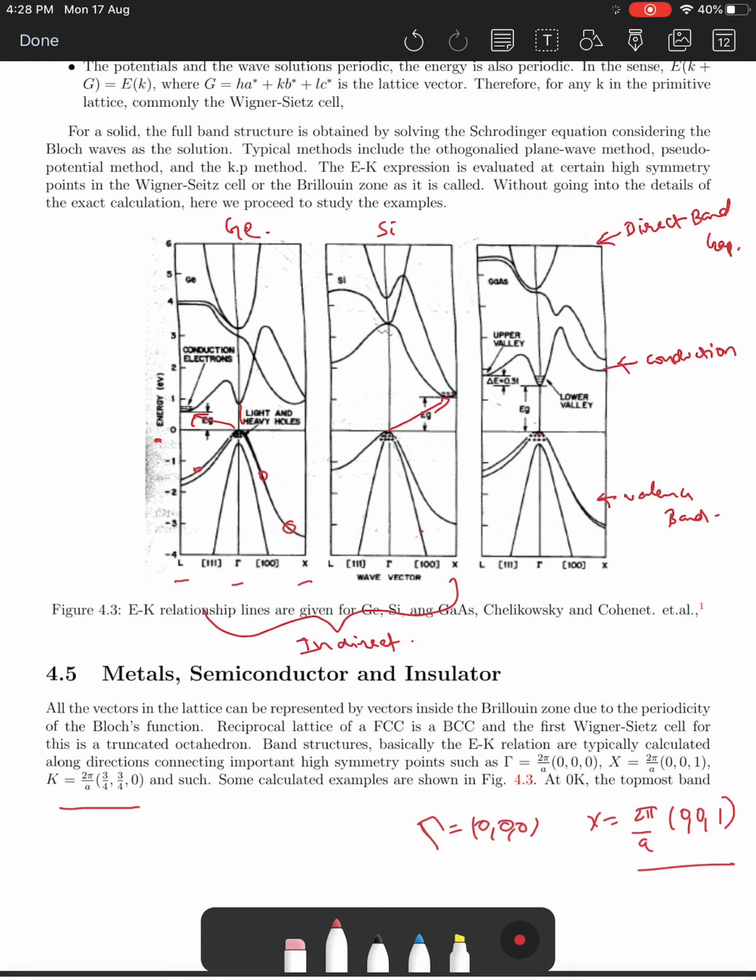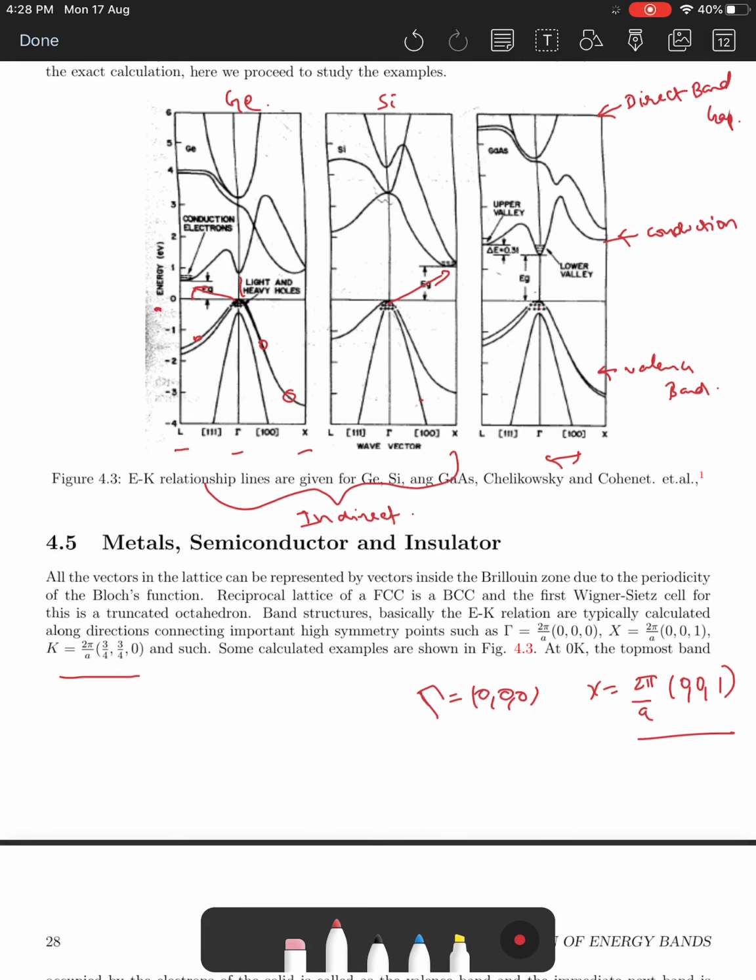The reason why this is important is because of its optical properties, and we will study a little bit further as to why this is necessary. That the difference in k vector, the difference in x direction between the topmost of the valence band and the bottommost of the conduction band is very much important when we look at optical absorption and emission characteristics. But for now, let us just stick with this definition, that if the bottommost of the conduction band and topmost of the valence band are in the same line or at very close k vector proximity, it is called a direct band, and otherwise it is called an indirect band.